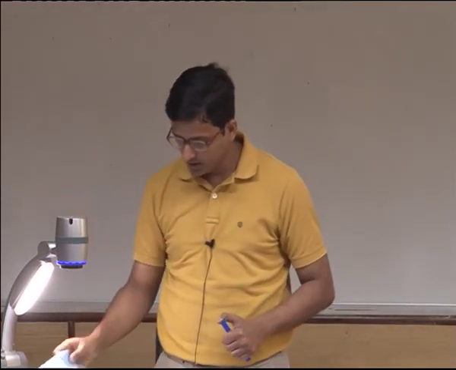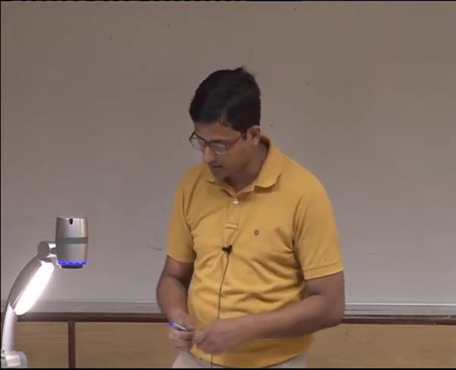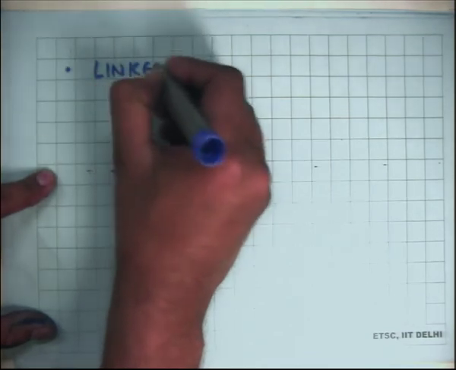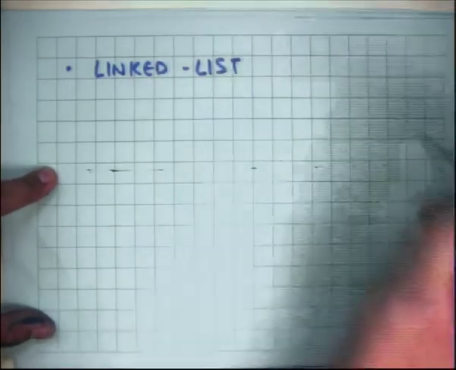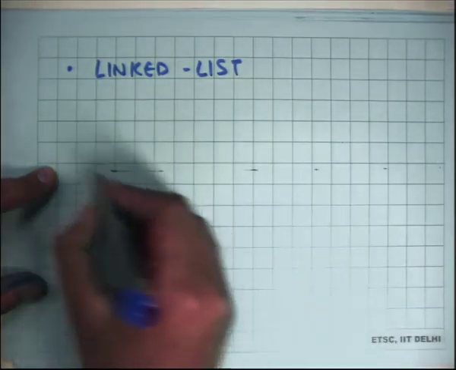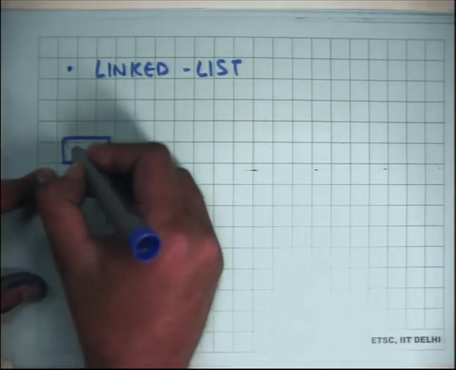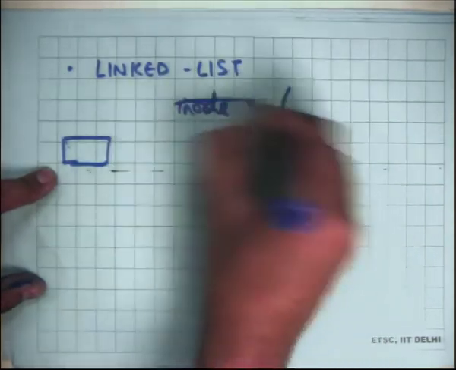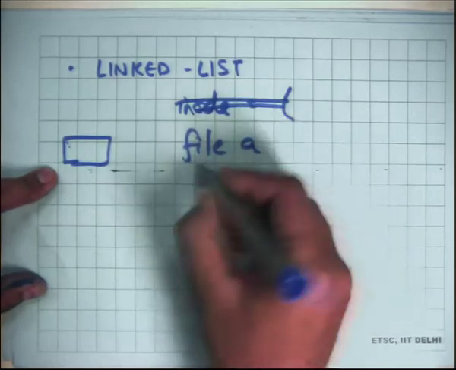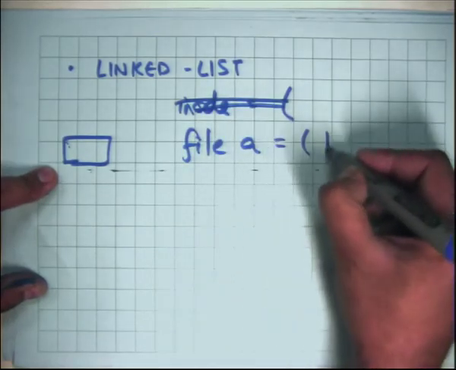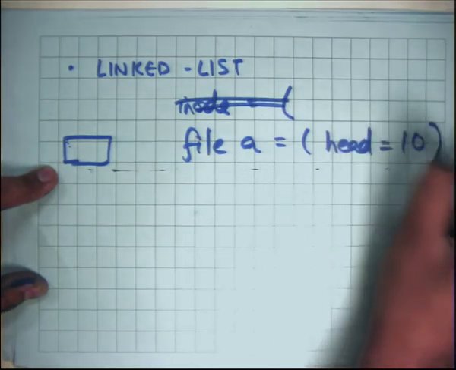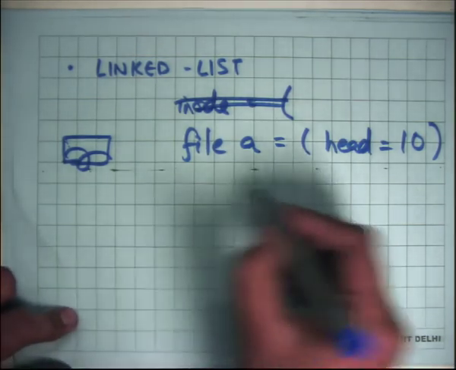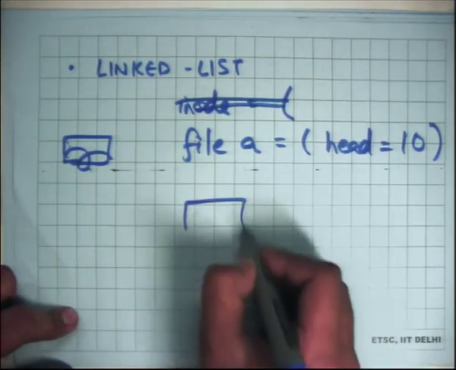Okay, so we are not happy with fragmentation and growth. So the other option is what's called a linked list. Instead of a contiguous array, let's have a linked list where the inode will point to, let's say, file A, which basically means the inode storage is going to have a head pointer. Head is equal to 10, and that's it, right? Then each block will basically say what's my next pointer.